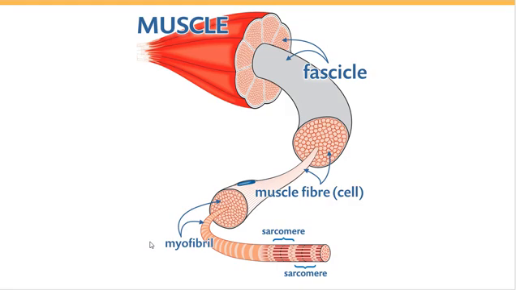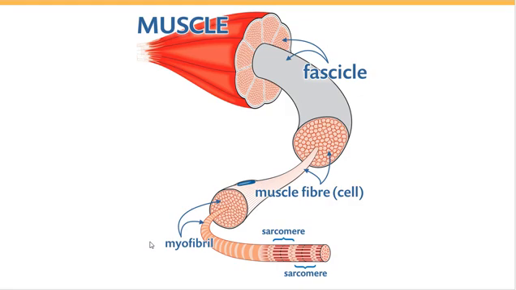The largest unit is the whole muscle. This is what we can see on our body, like the biceps or quadriceps or hamstring muscle. Each of these muscles is considered an organ. So if you cut the muscle as an organ, you will see inside each muscle there are groups of fibers